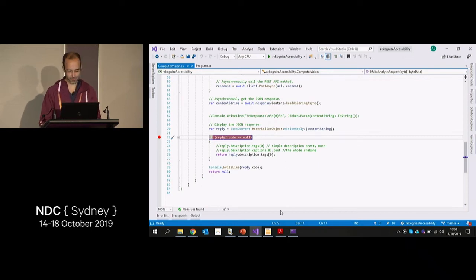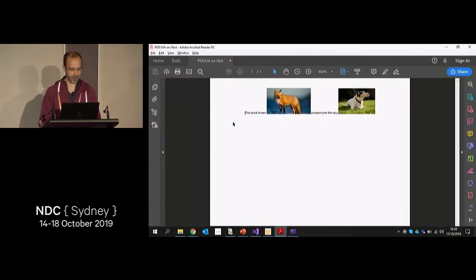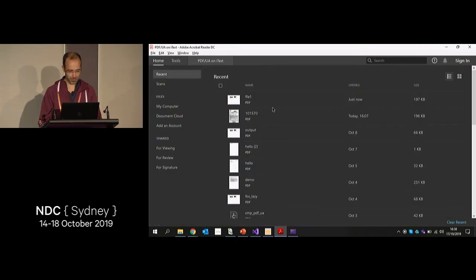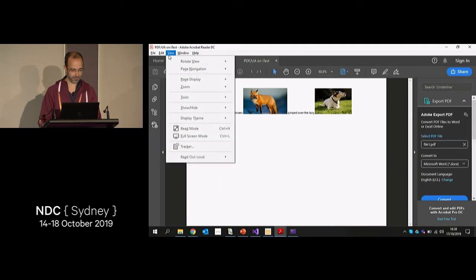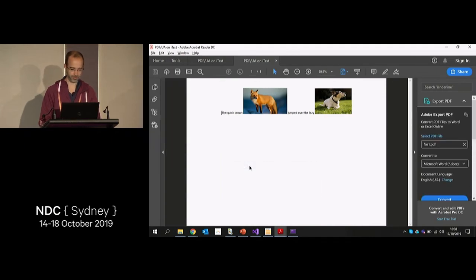I had run it before and I knew that grass was coming up. But let's open it and check. The quick brown fox jumped over the lazy grass. Almost. A 50% success rate.